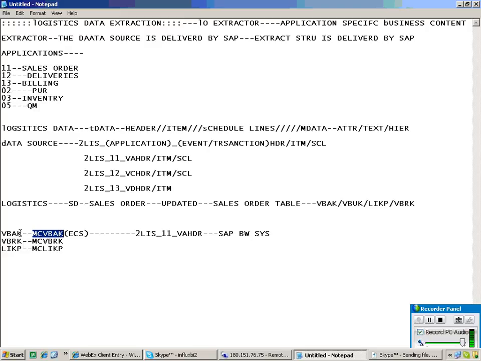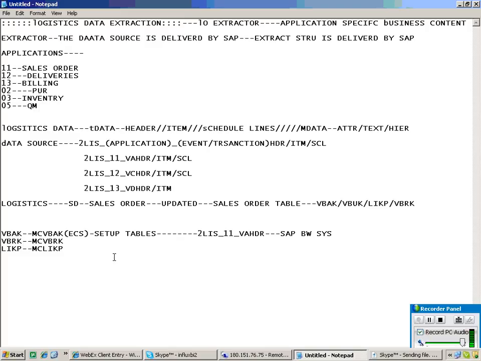I told you the data is getting updated to standard tables, and from the standard table, the data source directly cannot read the data. So what are we going to do? We are going to use something called ECS, which is delivered by SAP. Its structure is very similar to your standard table. Using this ECS, we are going to fill the data to something called a setup table.